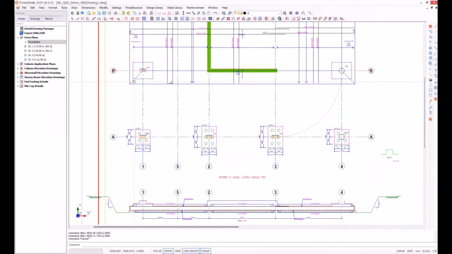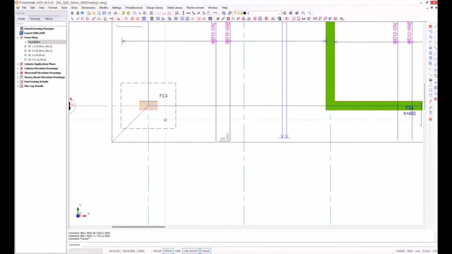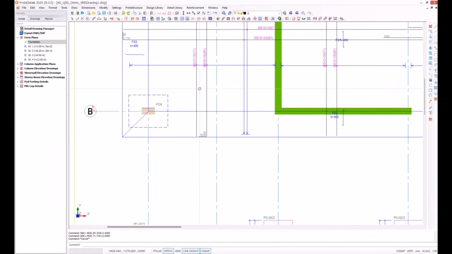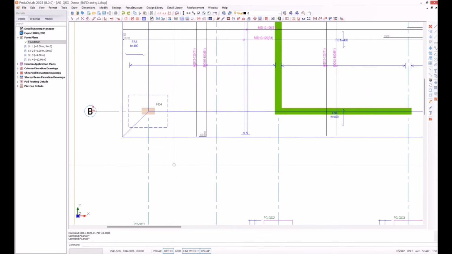So for these drop panels, I need to add some reinforcement, but Proto Details provides intelligent reinforcement, right? If I select this, it's an intelligent rebar, and it knows it's a rebar. If I change anything about it, if I change its diameter, if I change its concrete cover, it actually triggers all its links and makes the necessary relevant changes like quantity table updates. I would like to have the same possibilities for the newly generated rebars.